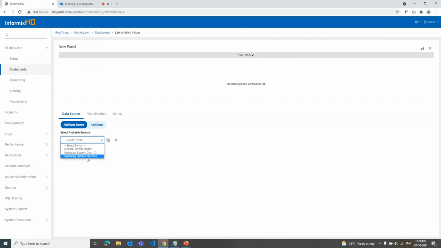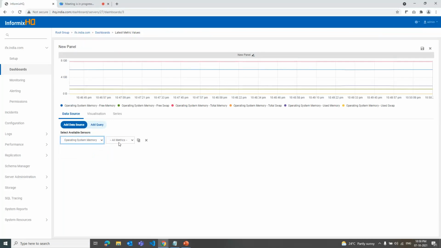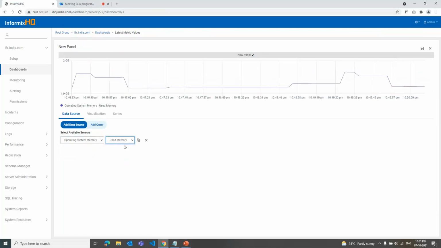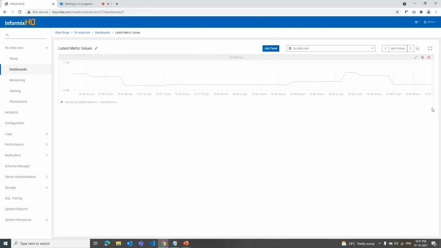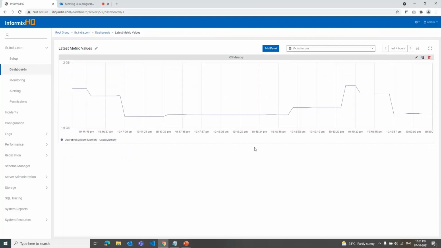Then there is a list of sensors that I just added. Now I am selecting the operating system sensor, and these are all the metric types of this sensor. You can give it any name and save. So as you can see, now you are going to see this real-time information of that Informix database server,